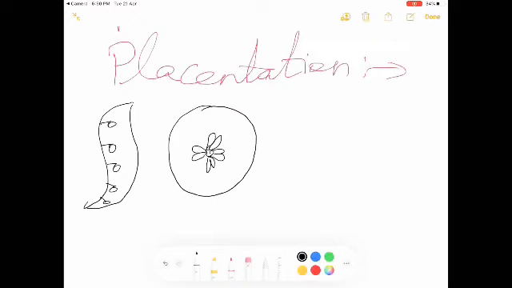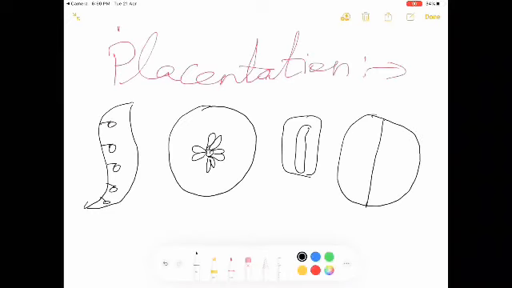Another is like this, where only one ovule is attached. Sometimes there is an arrangement as you have seen in lemon and cucumber, and in pomegranate there are lots of ovules. So the different types of arrangement of ovules in different fruits on the wall of the ovary is called placentation. And placenta, you know, is the cushion-like structure in which the ovule is attached to the wall of the ovary. So this is your topic.